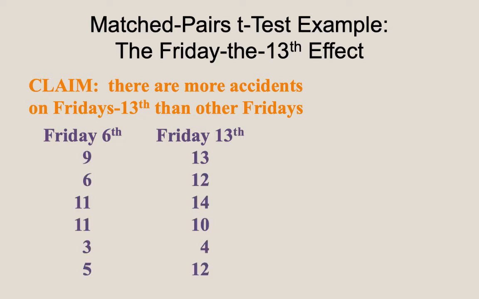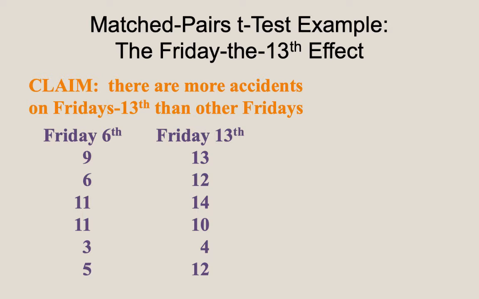So what they did, obviously, is go over a couple of years because not every month has a Friday the 13th in it. So they had to collect the months that had this data. And here were the months that they found that had a Friday the 13th. In those months, they looked at the ER records, and for the first row here, it means that in this month, 9 people showed up with broken bones on the 6th, but 13 people showed up on the 13th. So here we have our claim. Here we have our data.